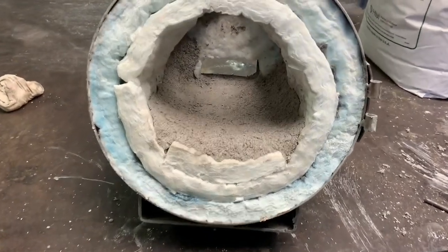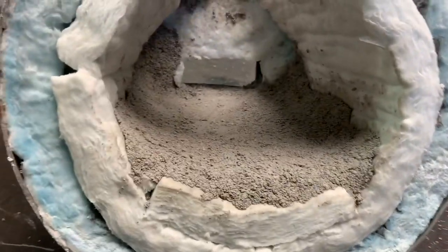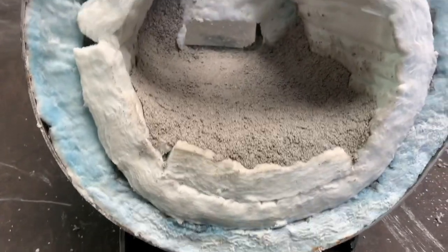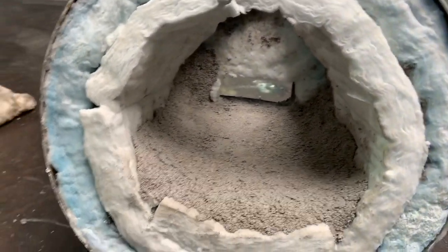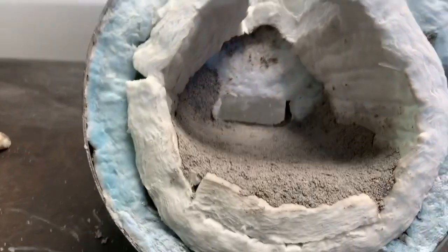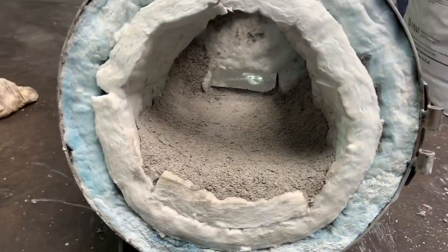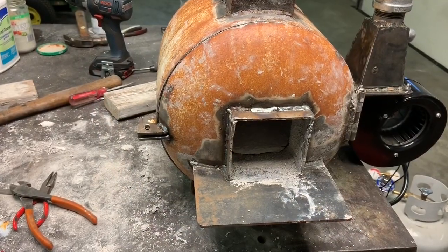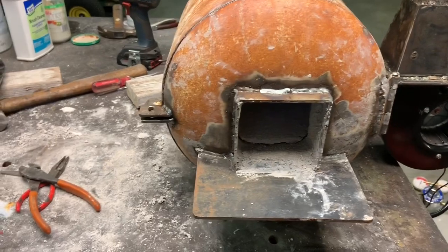So I got the whole bottom area and a little bit up on the sides coated with the refractory. I'd say there's about a half inch. But I'm gonna let it stiffen up a little bit before I try to rotate it. And I'll bring it back in when I do that. So since the last video, I rotated the shell